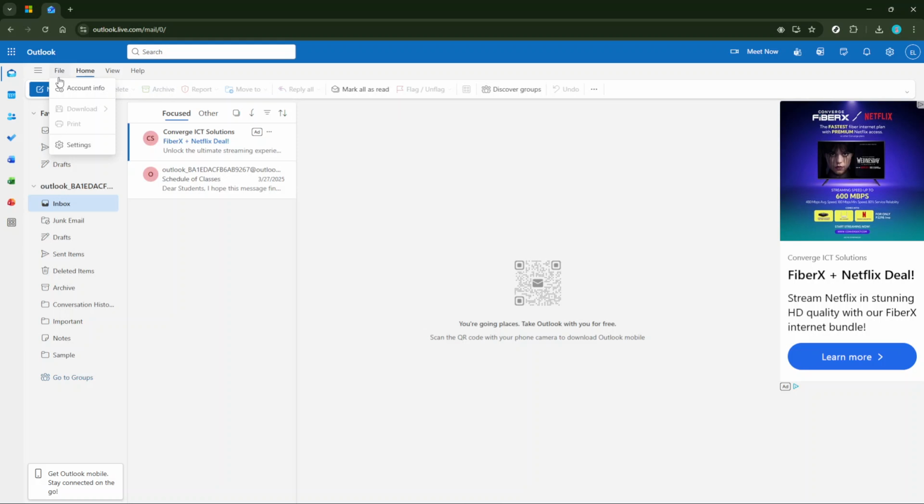And there you have it. You've just learned how to locate and explore the File tab in Outlook, giving you newfound access to some of Outlook's most powerful features. Remember, the more familiar you become with these options, the more efficient you'll be in handling your emails and related tasks.